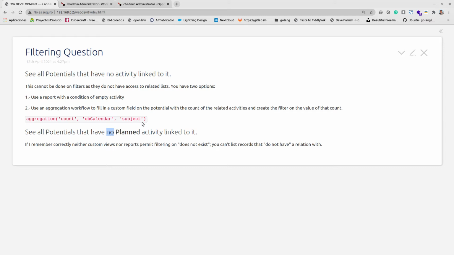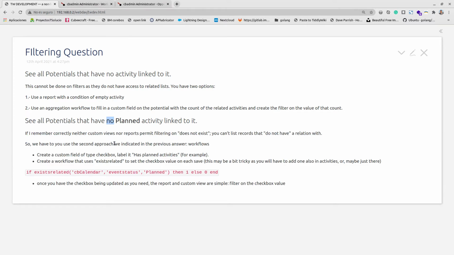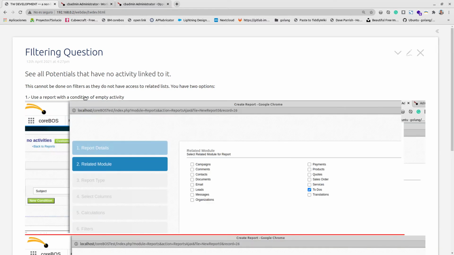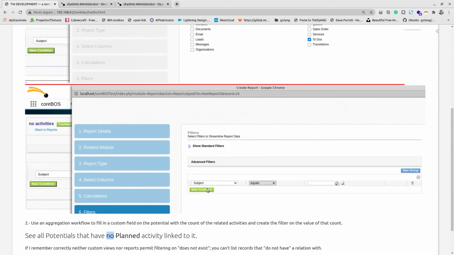Okay, you could have played with that, but if somebody adds a new state in the status pick list, then you have to remember to do the workflow, and that's kind of complicated also. So what I propose here is to do something different. We go with the workflow approach because the filters, the reports would not work. The report, because we could do here subject equals empty